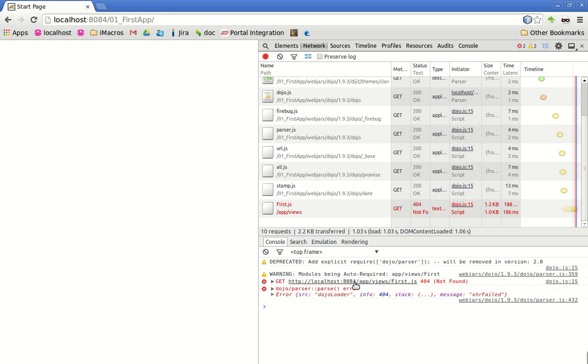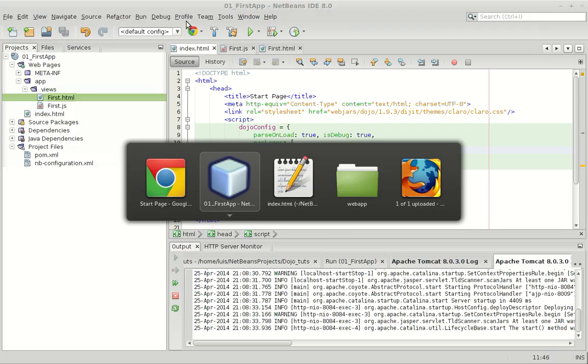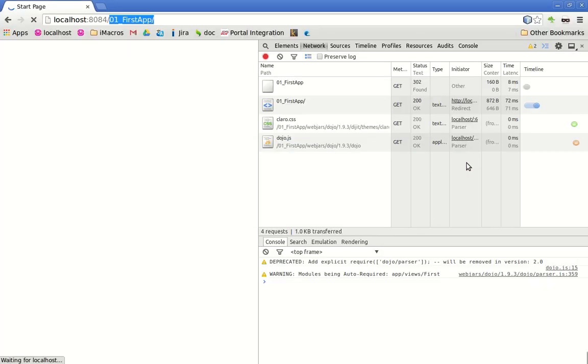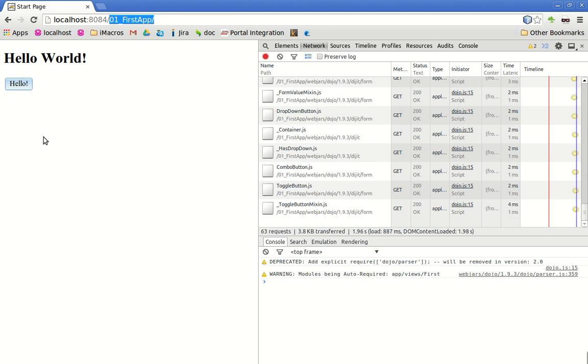So as you see, now it's trying to look for a slide app, but since I have my application inside this folder or this context, I need also to pass that context. To avoid that, I just always do location href plus app, and that works most of the time. Maybe all the time. So as you can see, we have our templates working,